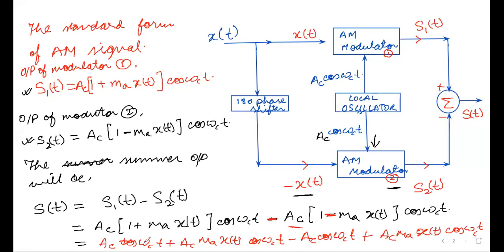From this you can see that the terms AC cos omega ct and minus AC cos omega ct will cancel out, and we will have AC MA xt cos omega ct and AC MA xt cos omega ct. So this can be written as